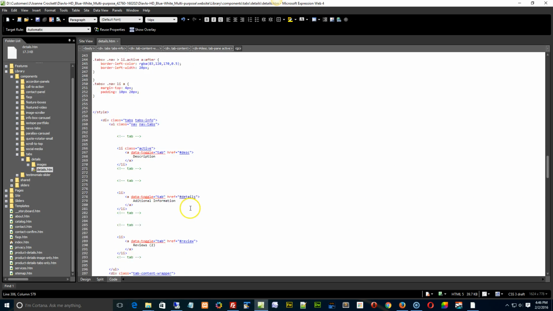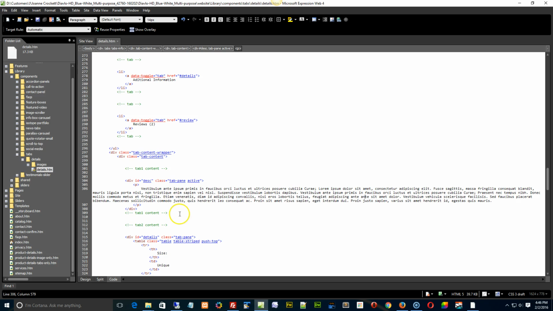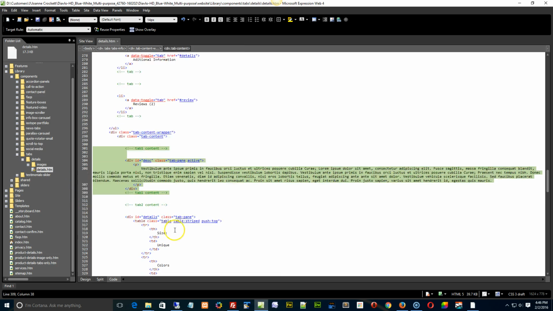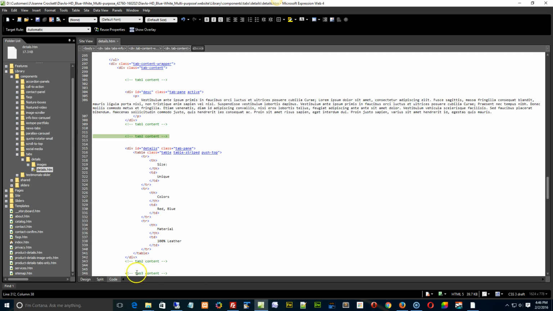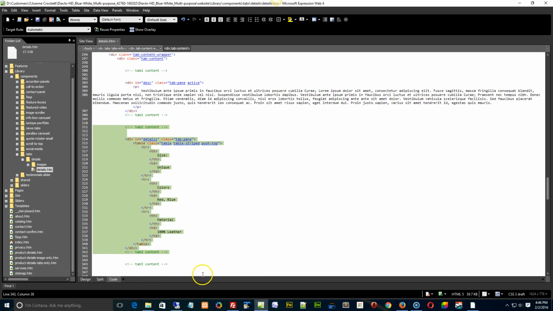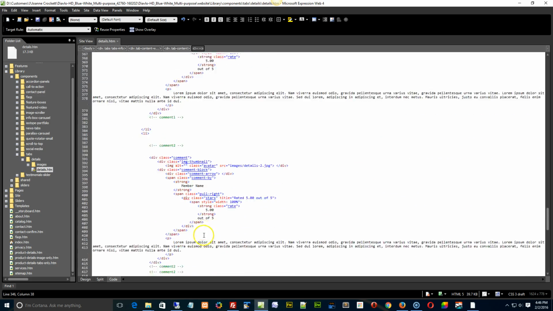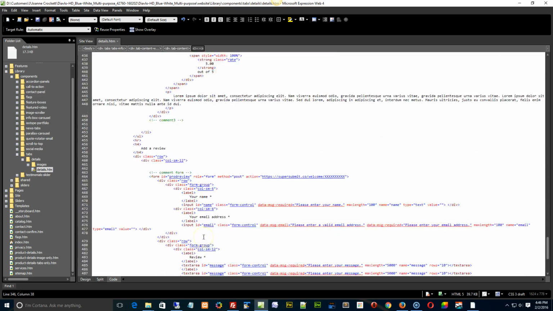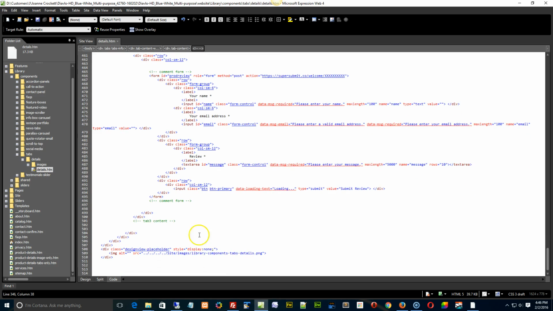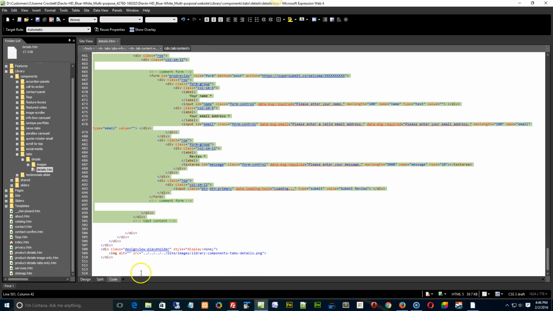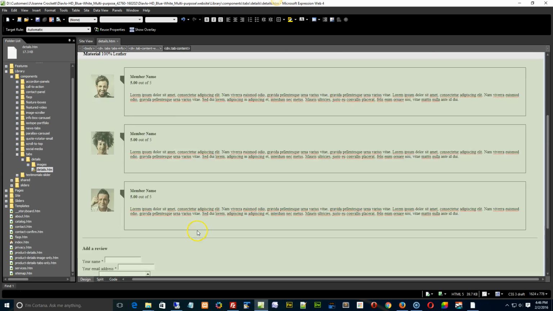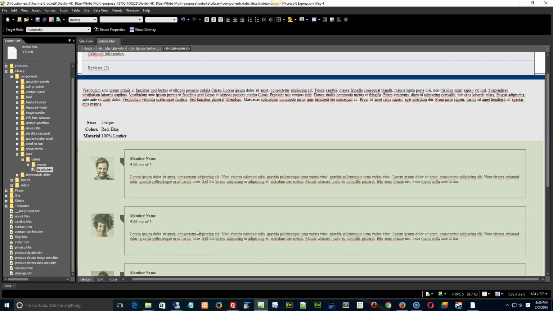I have commented everything. So you can get in here and see this is tab 1 content, right? And then I have tab 2 content right here. And then down below I have tab 3 content, which is quite a bit because that's all the comment sections and bits and pieces. So I didn't know if you wanted to or liked to do this in the design view or the code view, but basically if you click anywhere in here,